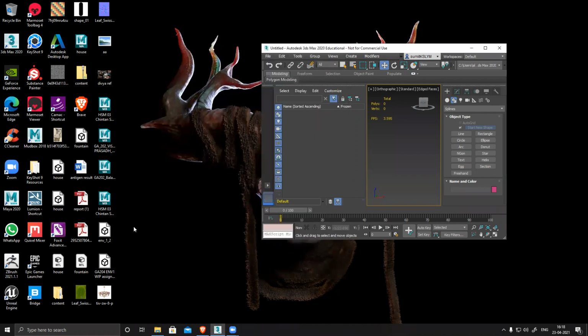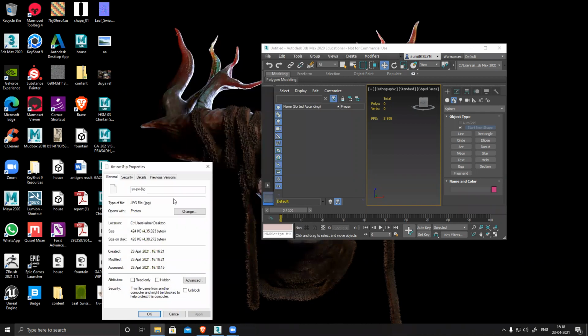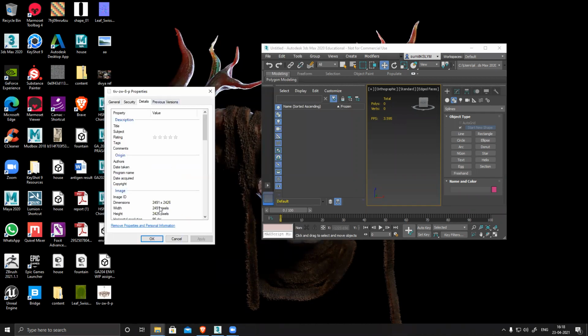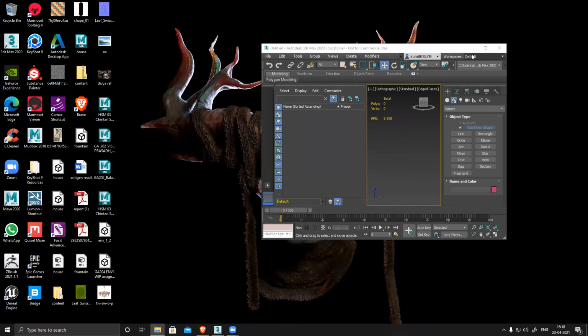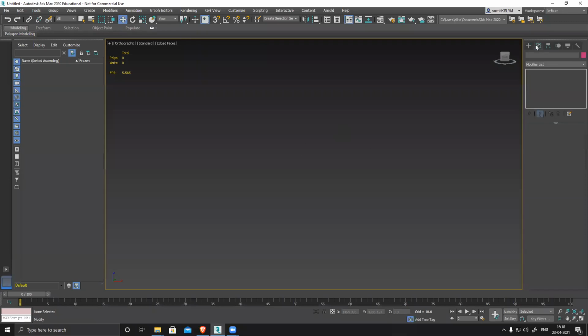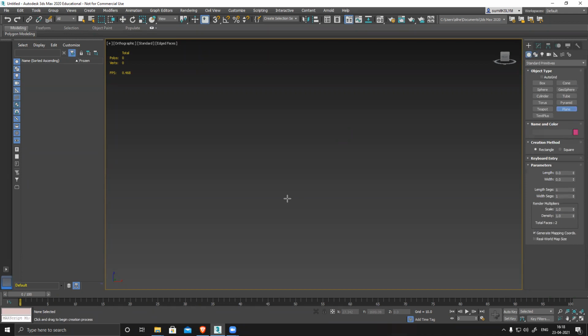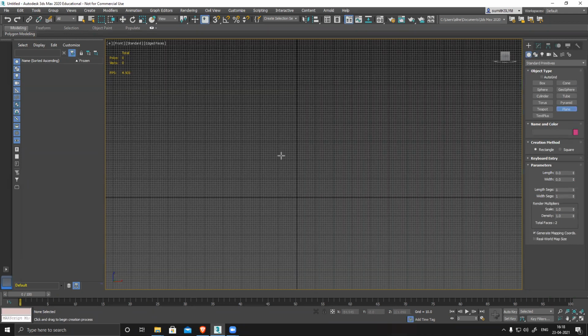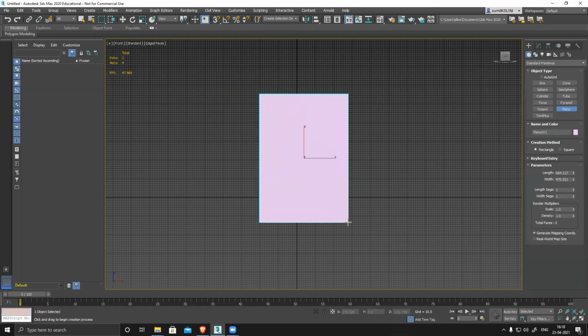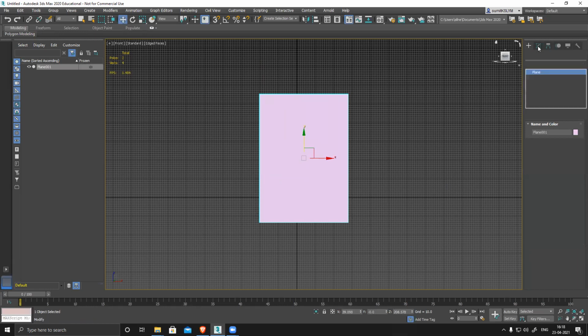For this image, I'll right click, same process, properties, details, and the dimensions are 2491 by 2426. So I'll go to shape, grid, create a plane, and go to modify.